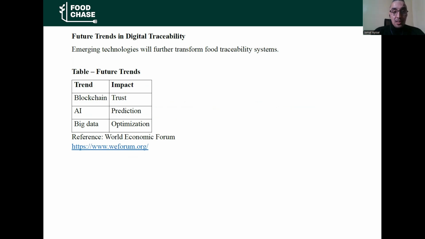About future trends in digital traceability, the trends are new tools such as blockchain, AI, and big data. These are new research developments that create trust, prediction, optimization, and data analysis. In this link, you'll find more trends for this area of digitalization and traceability.